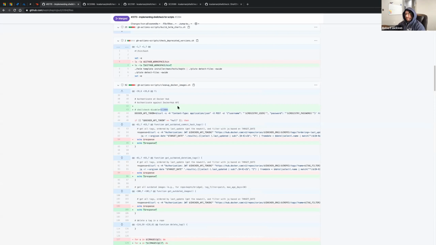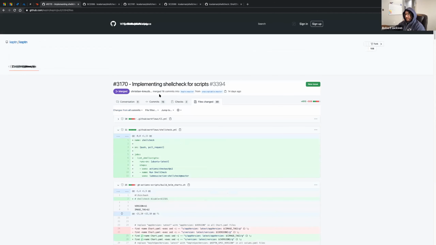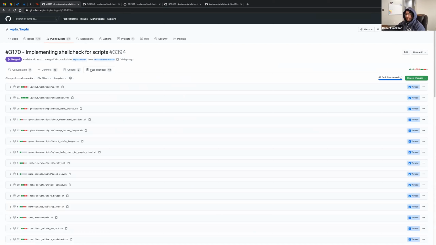I should have fixed that, but that's how you can ignore the next line instead of ignoring it for the entire file, because there might be situations where you want to ignore one specific syntax that the linter would consider a syntax issue that you might not consider a syntax issue, if that makes sense. But that's pretty much it. We were able to lint all the shell scripts and now have it working on GitHub.